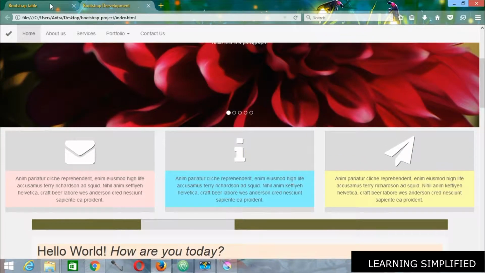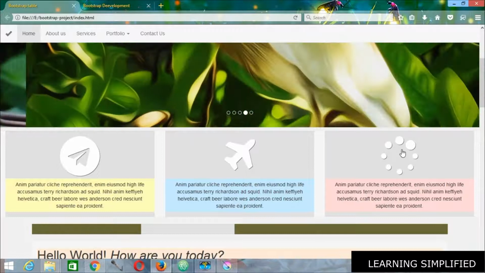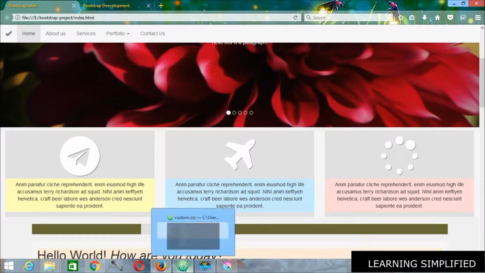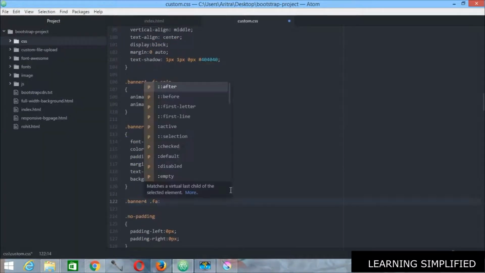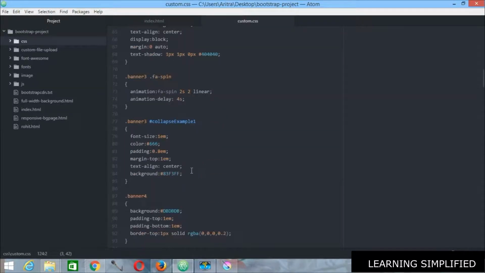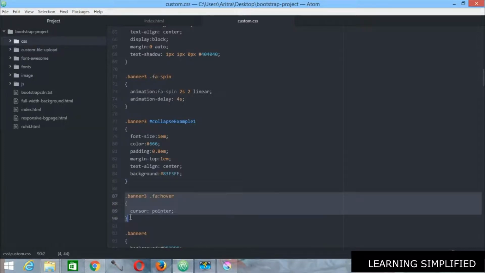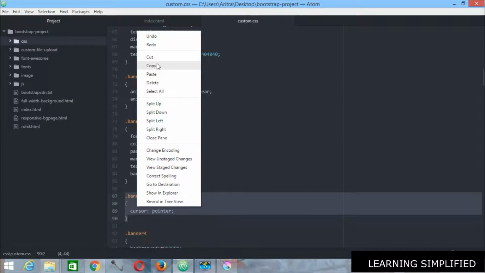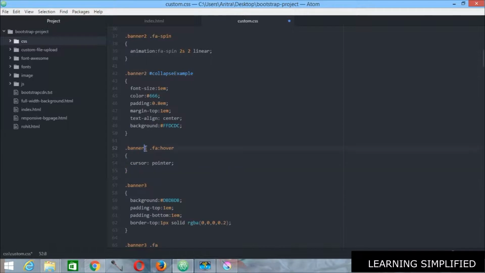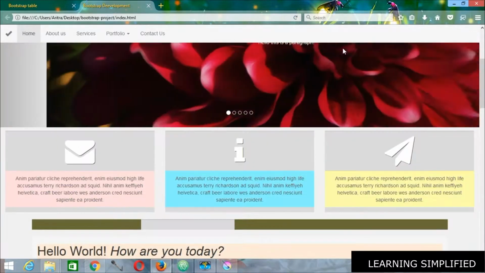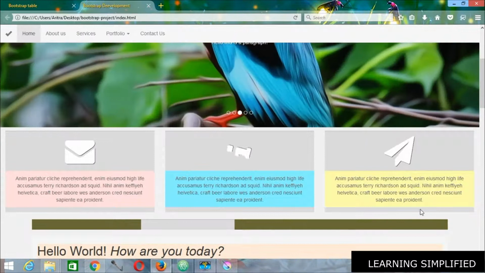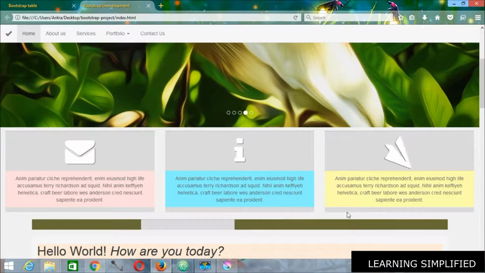Now another case, if you look into our previous example, there goes the cursor. It is changing itself into a pointer option. So this is the last thing that we need to do. In this particular case, we need to mention some hover action. I'll copy it, get back to banner 3, paste it over here, and in the same manner we are copying it and pasting it over here. Banner 2. Get back to your project and reload. Now you can see that your mouse cursor is changing its property. From auto it is now changing itself into a pointer option.